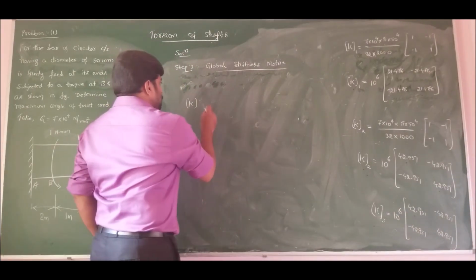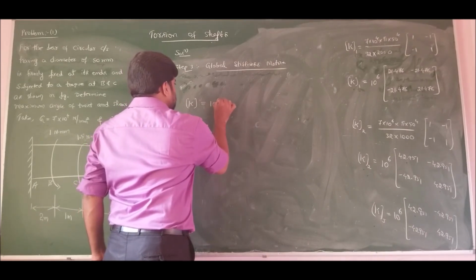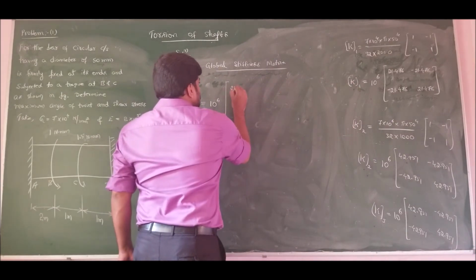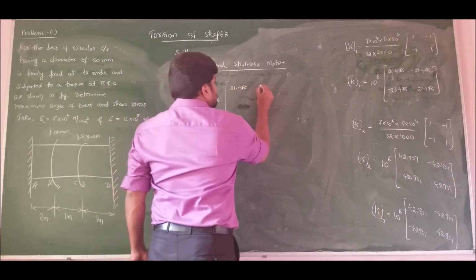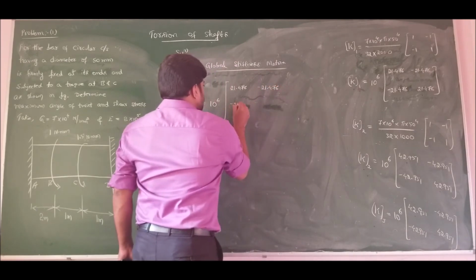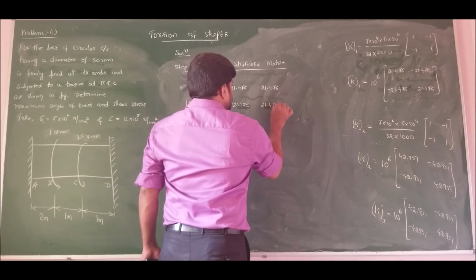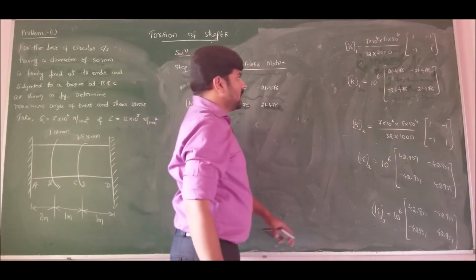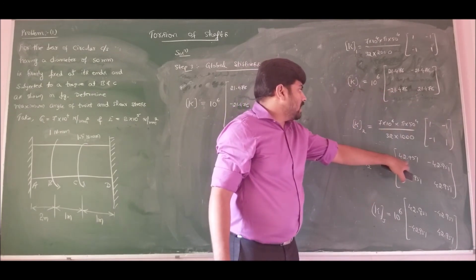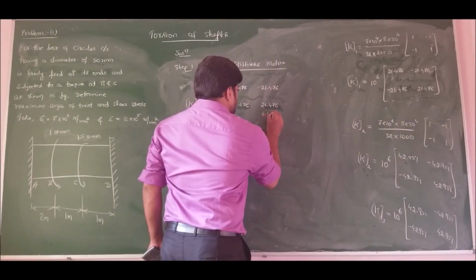If I follow the procedure to obtain the global stiffness matrix, I will get 10 to the power of 6 times: first the stiffness matrix of element 1, so I will get 21.476, minus 21.476, minus 21.476, plus 21.476. Now K22 of element 1 will be added to the K11 of element 2. Adding which, I will get